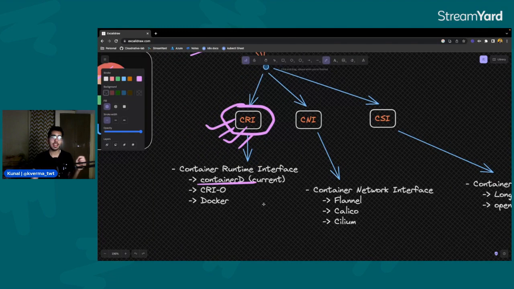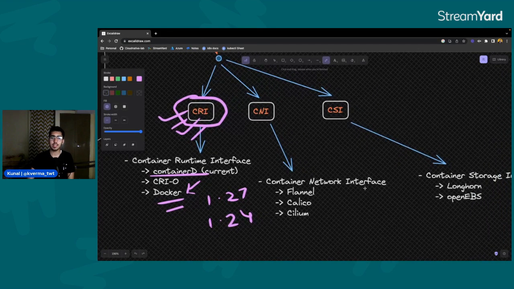Now, currently, the latest version of Kubernetes that we are all running is 1.27. And when Kubernetes 1.24 was released, the support for Docker or Dockershim was removed. So before that, the official container runtime interface for Kubernetes was Docker, but after the update of 1.24, now it's officially containerd. So we are using containerd as a container runtime with Kubernetes.